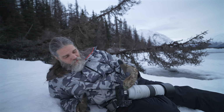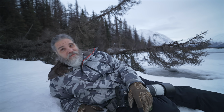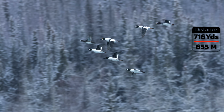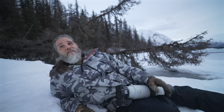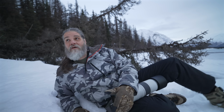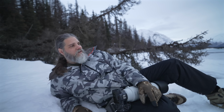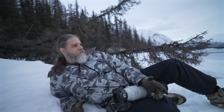But yeah, the full frame with the 200-800 is just incredible. To be able to shoot that 800 millimeters is just great. To be able to jump from 600 to 800 and work that range makes wildlife photography, especially small birds, much easier. That's why I don't like shooting small birds as much. They'll get in these trees and be about halfway up, and when you've got 500 millimeters or around there, it's really